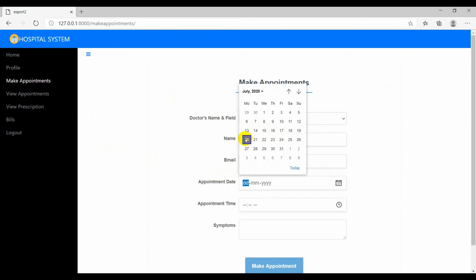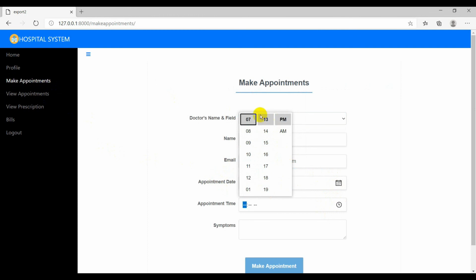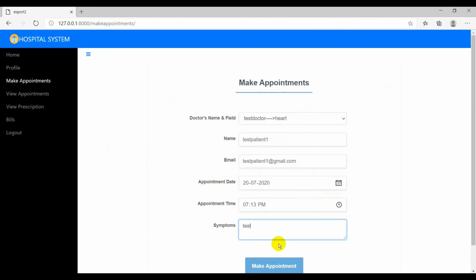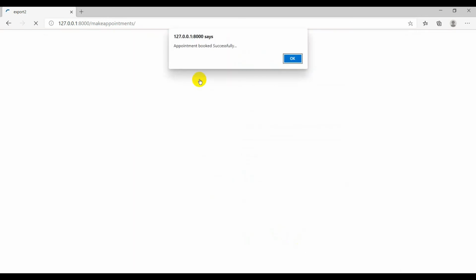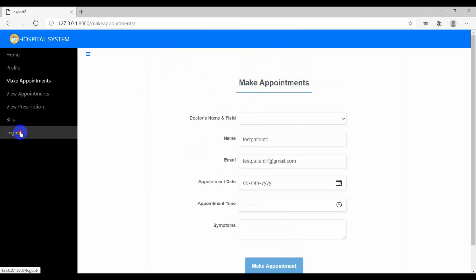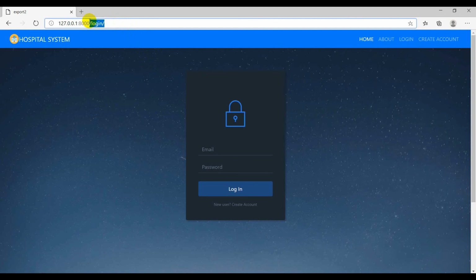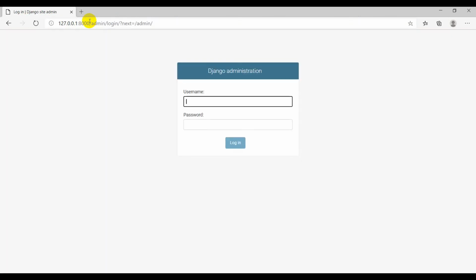Now enter all the details needed for the appointment. So I'll enter all the details and click on make appointment. And yes, it is showing that the appointment is booked successfully. To check whether it is successfully done, go to the admin panel and check in the model appointments.